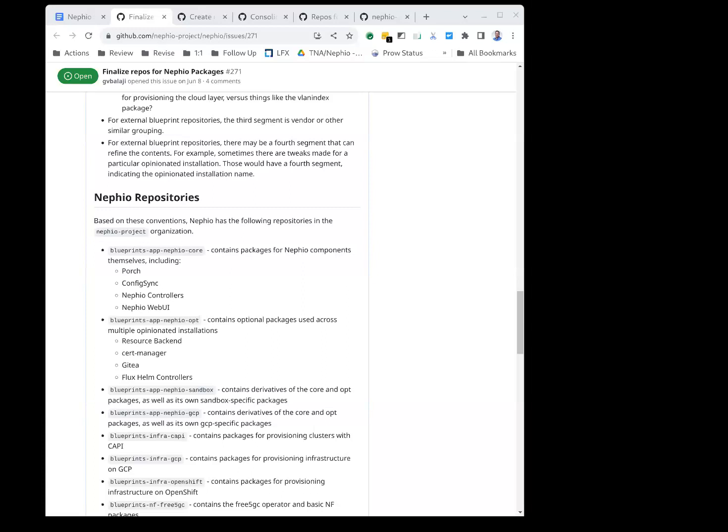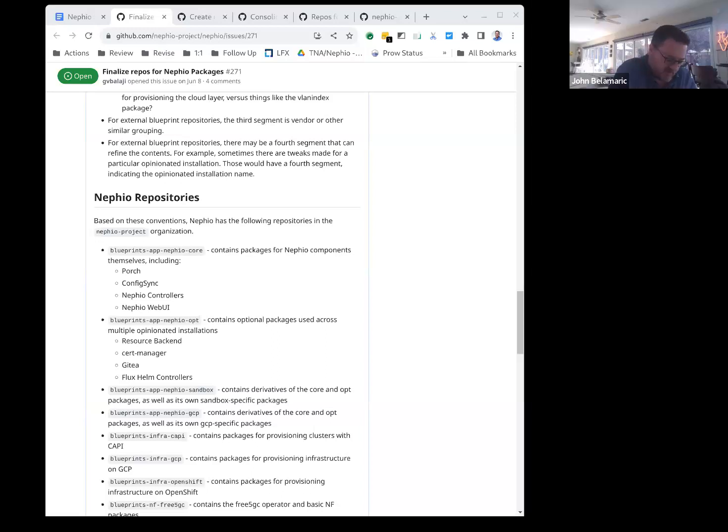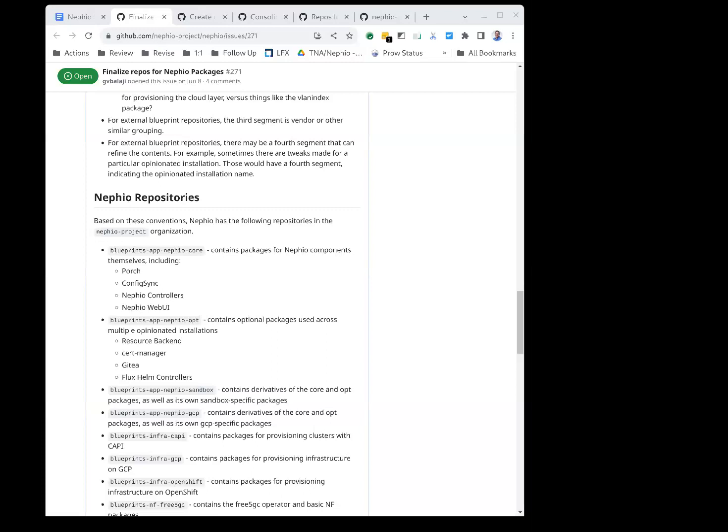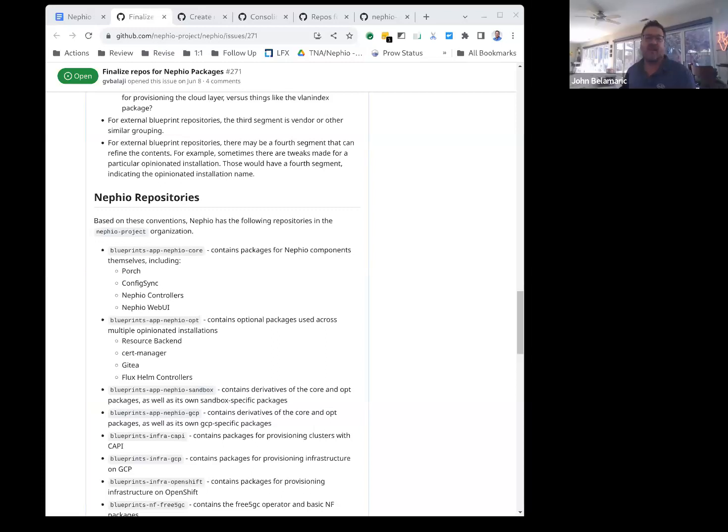Yeah, and I don't know enough about Porch to know what some of the limitations are. If there are any such limitations driving some of this, I'm not aware of them. But I don't think so. I think that we can do subdirectories. It's fine. Okay. We've spent a lot of time on this. Is there anything else?